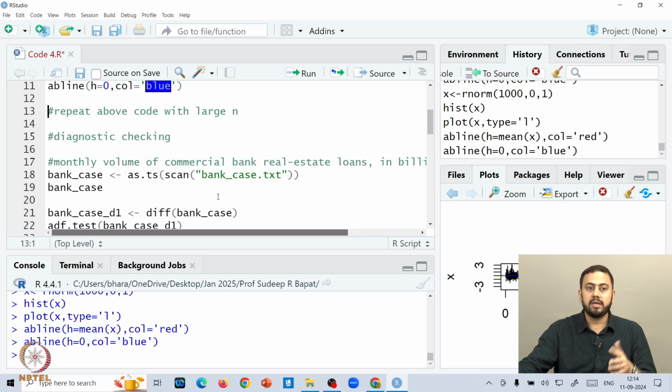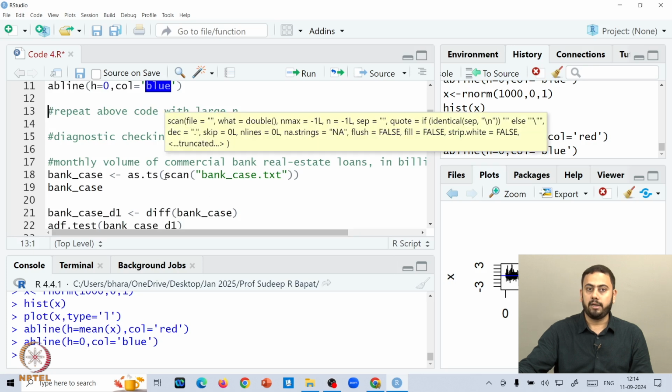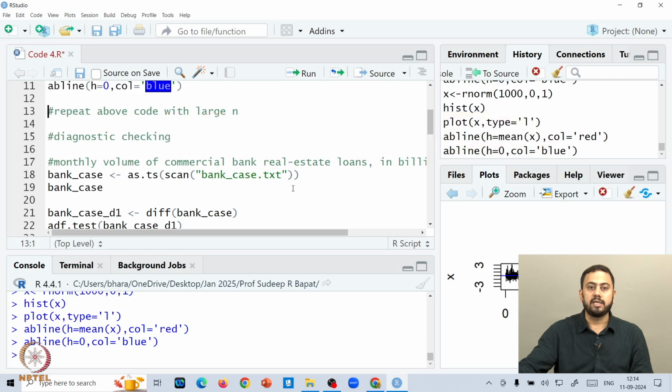So firstly, how do you bring it in? You have multiple ways, but as.ts ensures that you are bringing the data in as a time series structure, and on top of that, the scan function brings the data into the R environment. Then we give it a name, bank_case.